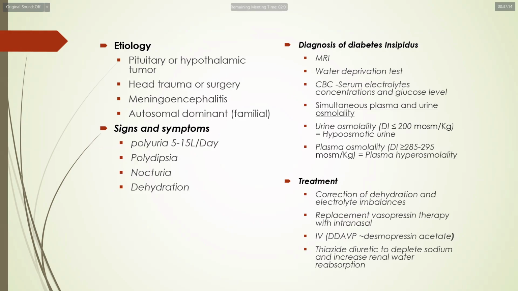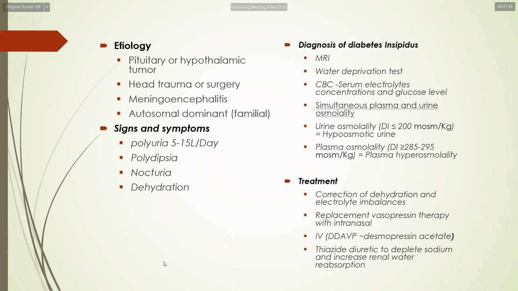طيب الكوزز للDI ممكن تكون pituitary or hypothalamic tumor، ممكن نفس الشيء تروما أو سيرجري تعمل لي DI، ممكن meningoencephalitis، وممكن تكون يعني في familial، وبالعادة بتكون autosomal dominant. Signs and symptoms of DI